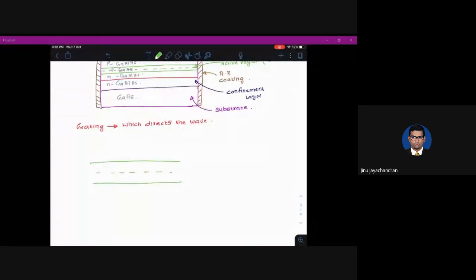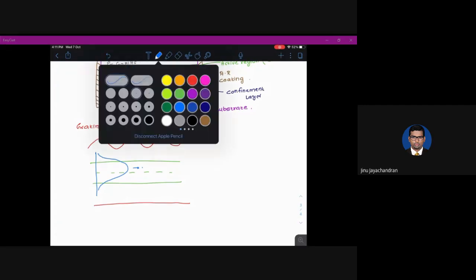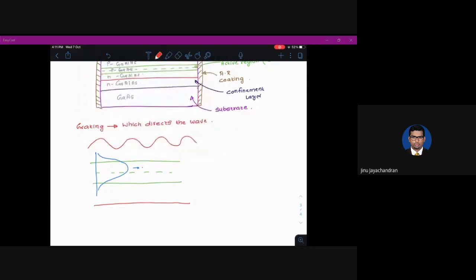And then you have the cladding on both the sides. Assume that there is a wave, a particular mode of a wave. The wave will have some tail here and the peak coming in the active region. So this wave is propagating in the forward direction. Now, a particular property of a wave is that the wave doesn't want to get a discontinuity. In the case of this corrugated grating,